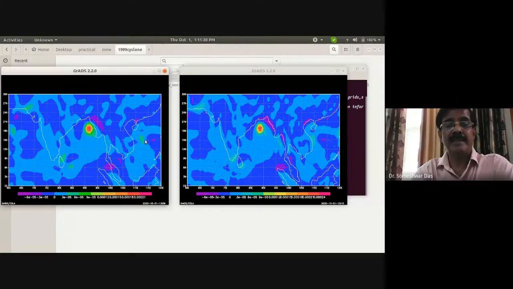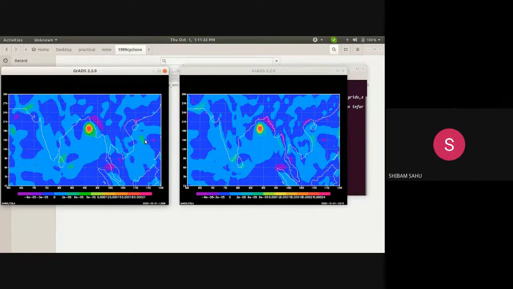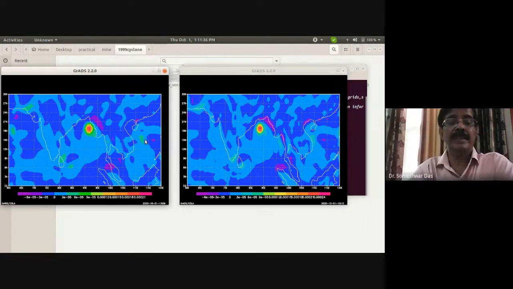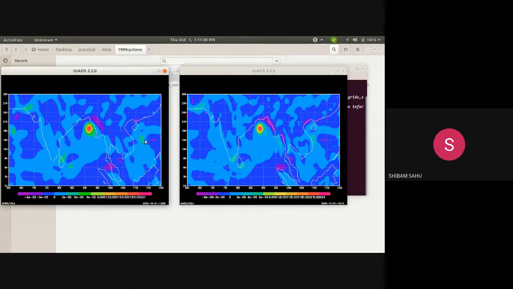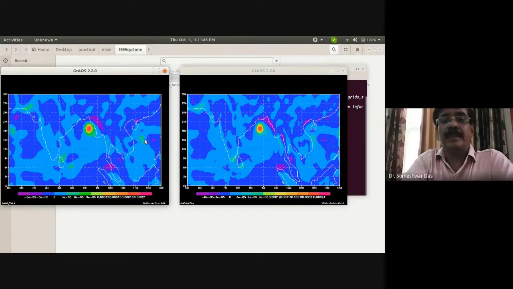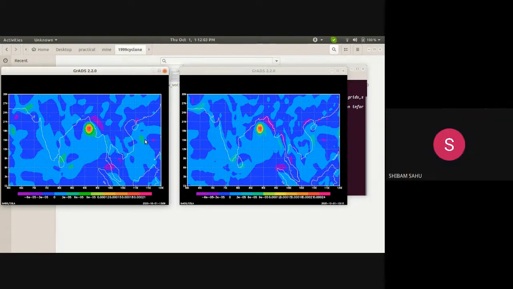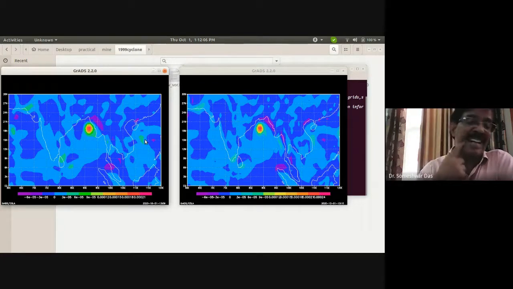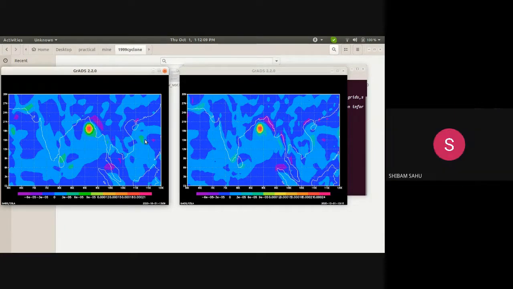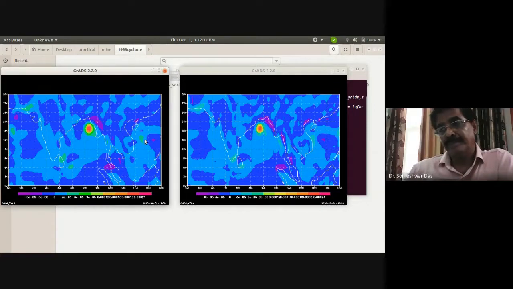Are the date and time the same or not? Sir, date and time are both the same. Then the position should be the same. That's what I'm saying, sir. Everything is similar, but the position of the cyclone is a little different. I think what you are plotting from the NC file is of a different date and time than what you are calculating yourself, so the cyclone has moved so much. Okay sir, I will check. Check that.